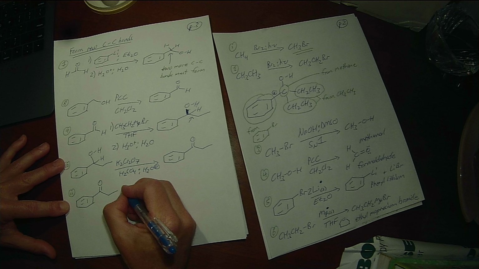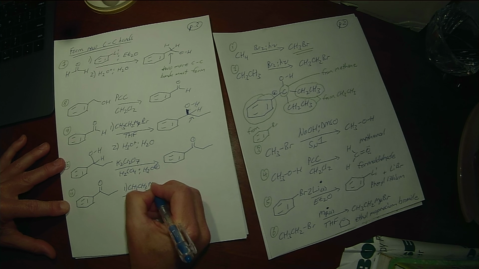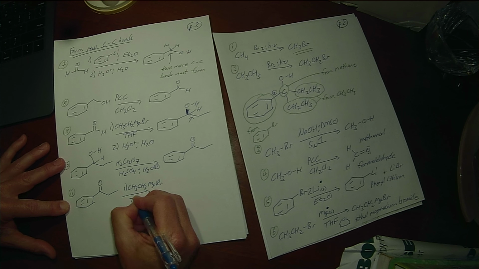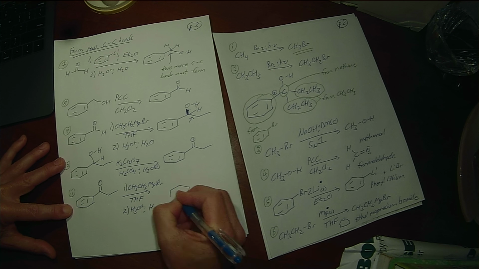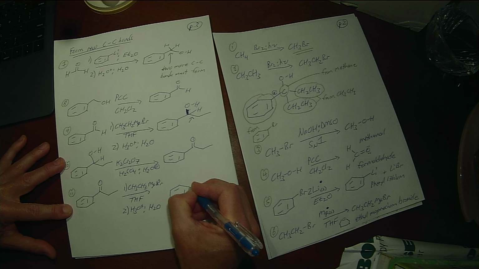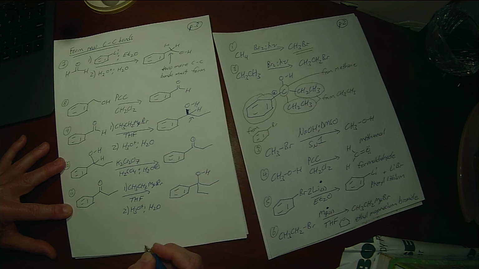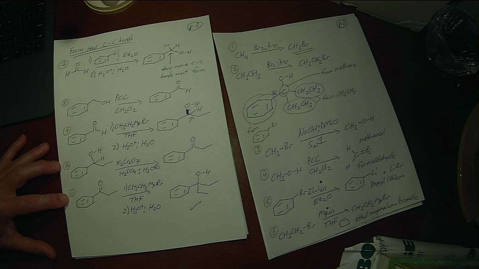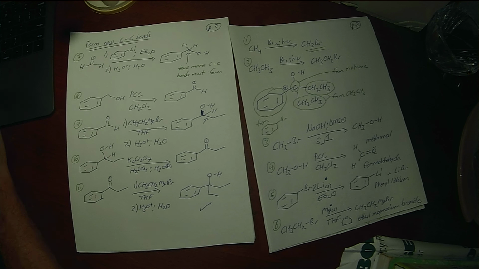So we're just going to repeat what we did up there. Ethyl magnesium bromide in THF or ether, and then aqueous acid workup, and that will get us all the way to the product that we wanted. So it's 11 steps to get there, which is a little bit intimidating, I think, right? Because that's a lot of reactions, and you kind of have to do everything in the right order.